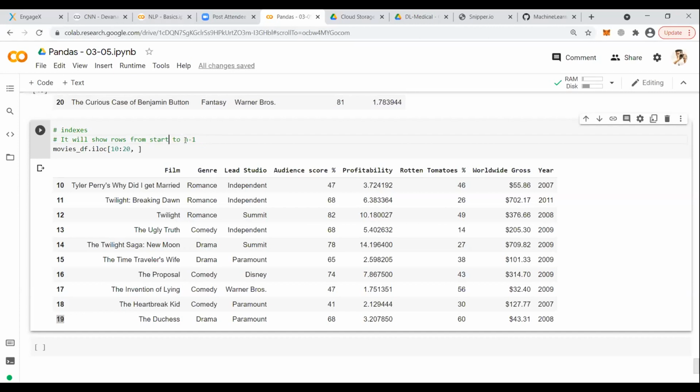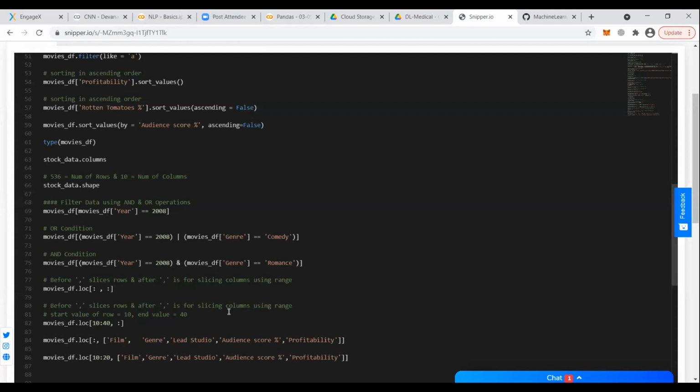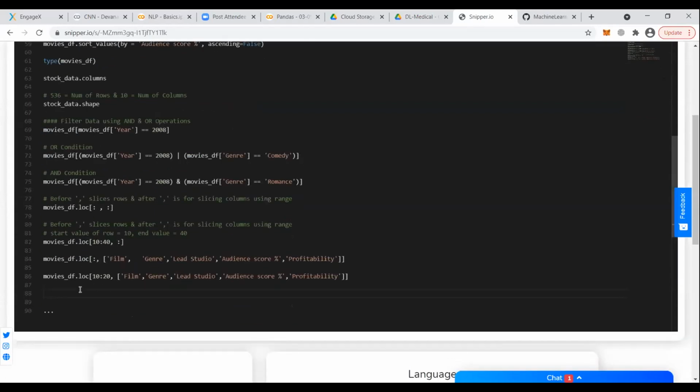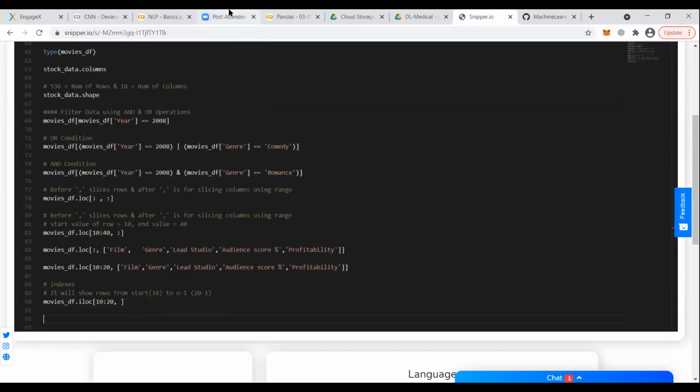Whatever the start was, that was 10 in this case, and the end will be n minus 1. So let's say if you have mentioned 20, it will be 20 minus 1. Clear? That is the one big difference between when you are using loc and iloc. I means indexes.